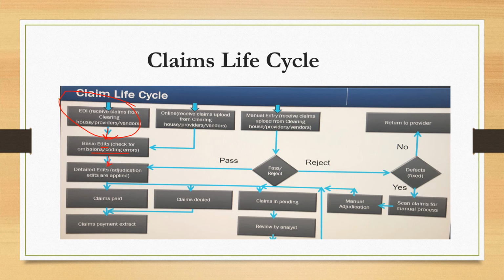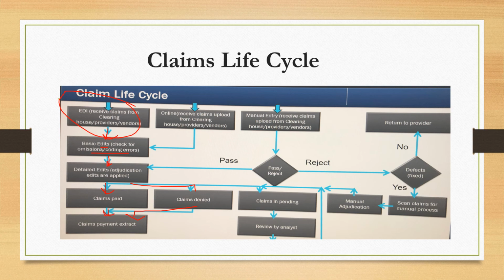And then if automatically it says yes, everything is all set, the claim is paid, and a claims payment extract is created. But if there is a denial, the adjudication system is going to deny it, and then they will send back